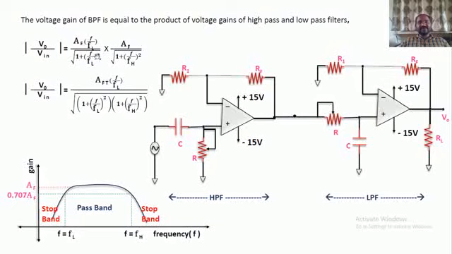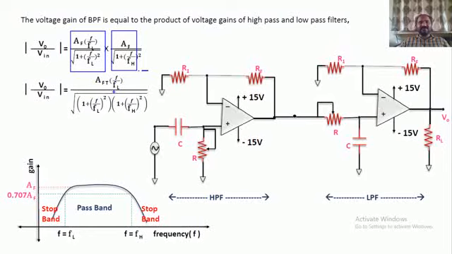Based on that concept, the first is a high pass filter. Previously, we calculated the gain of the first order high pass filter and the first order low pass filter. So this is the gain of the first order high pass filter, and this is the gain of the first order low pass filter. Both are getting multiplied. After multiplication, you will get AF into AF, which is nothing but AF square. We write that as AFT, which is the total pass band gain.